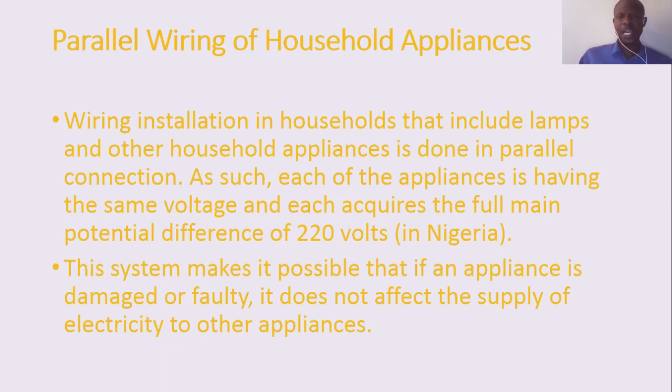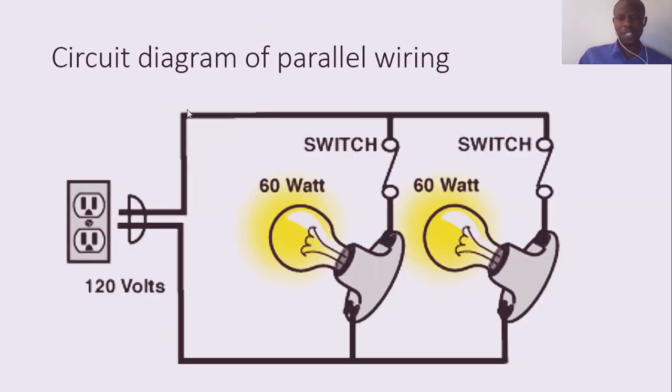So look at the diagram. Here is the diagram. Look at this bulb. You will observe that this wire that is coming here, this one will tap its own, and then this one can also have its connection here. You can see that the 2 of them are parallel. This is what we call parallel arrangement. The 2 of them will have the same voltage of 120. This is the plug. This is the 13-amp fuse socket. So the 2 of them are connected directly to this particular service.